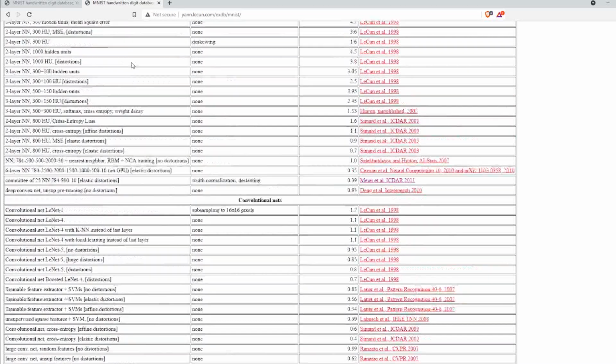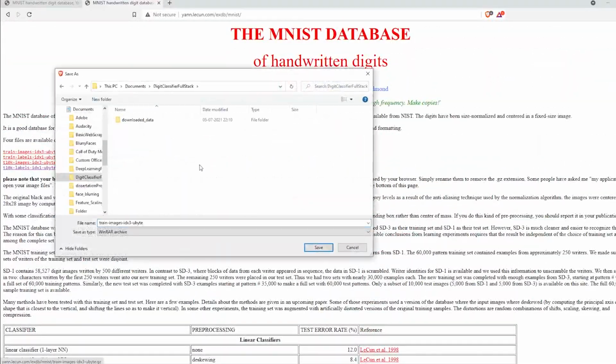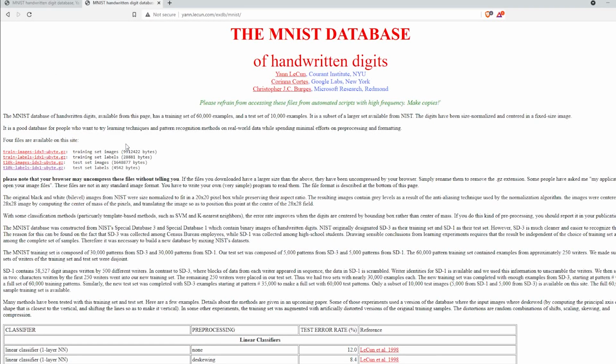Right before we get started with everything, you will have to download these files. Just click on the file and you will come across something like this, in which I already have downloaded all the 4 files. Just make a folder named, let's say, downloaded data, and save. It is going to download for you. I have already downloaded it so that we don't have to waste much time. Now let us get started.